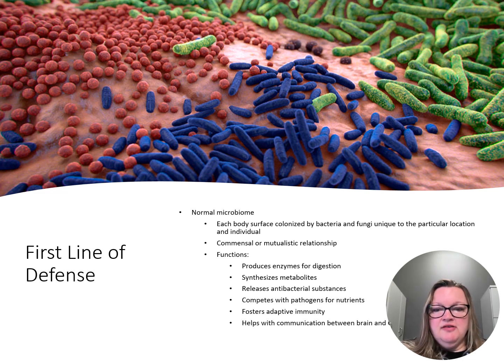They're not causing disease. Rather, they're helping us in many ways. Our bodies tend to create a safe space for them. So what is it that they do for us then? They produce enzymes to aid with digestion. They synthesize metabolites like vitamin K and vitamin B. They release pathogen-killing antibacterial substances like ammonia and phenols, and they will fight the pathogens for nutrients so they thrive